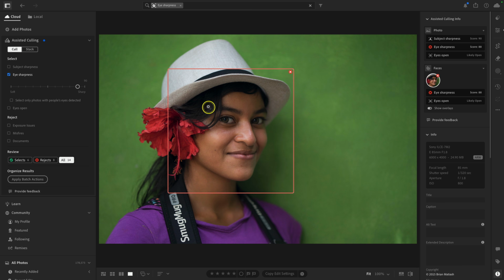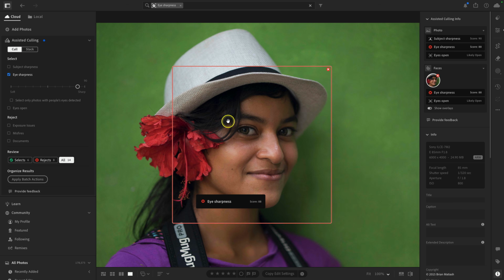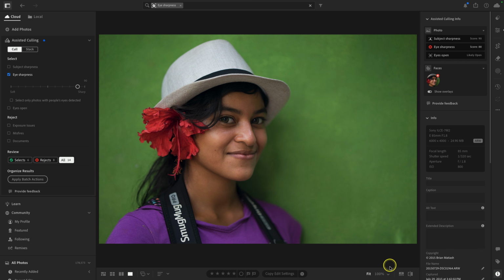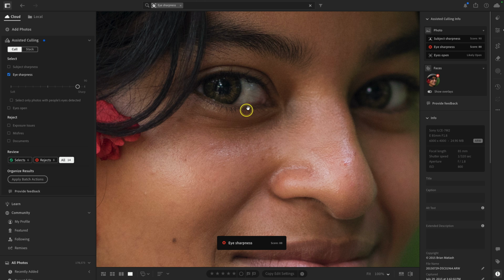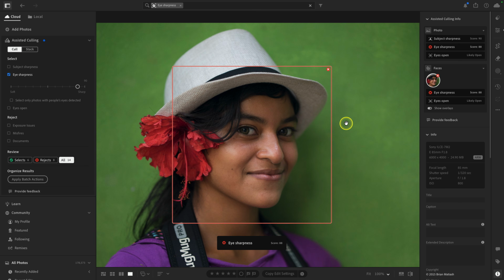Now, let's say I look at this photo and I'm like, you know what, this looks good. If I zoom in, I can actually zoom in even more if I want. Let's just go to 200%. You can see that's pretty sharp. The eye that's closer to the camera is sharp, but it falls out of sharpness over here. That's a photographer error on my part, because let's see here. Yeah, I'm shooting at f1.8. I was probably pretty close to the subject here, and so it's going to create a very shallow plane of